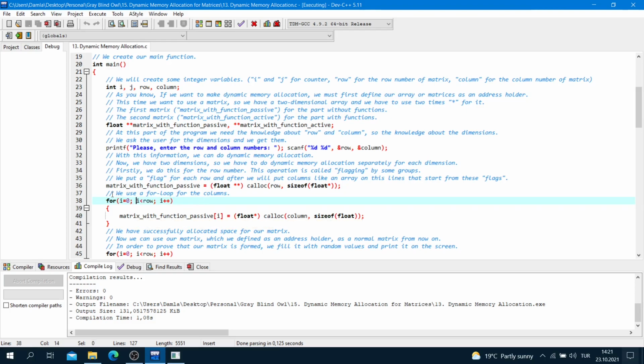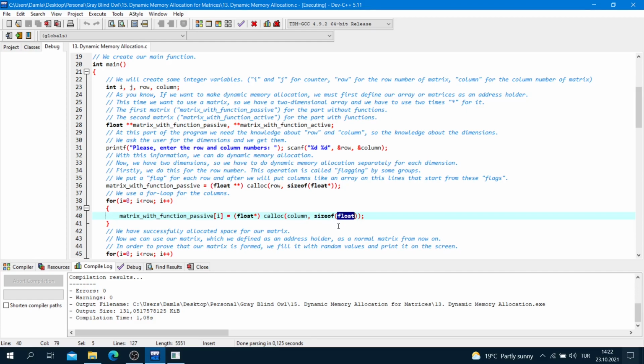So our for loop is related to the row number, and matrix with function passive i, our index for our flags, our rows separately, is equal to float pointer, as you can see for every flag, column, sizeof float for our elements.